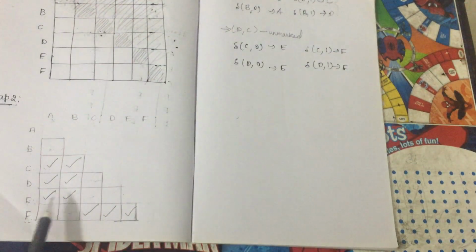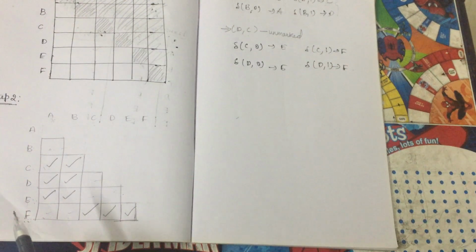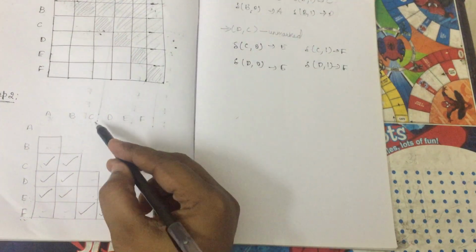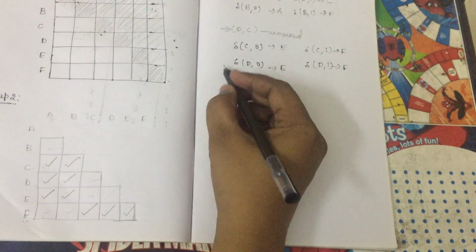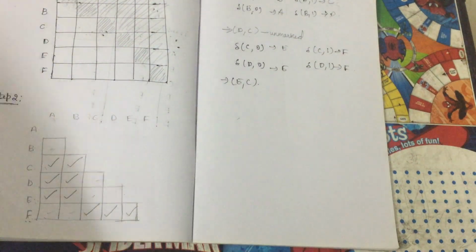So don't mark CD here. Now coming to the pair E and C. If we observe,